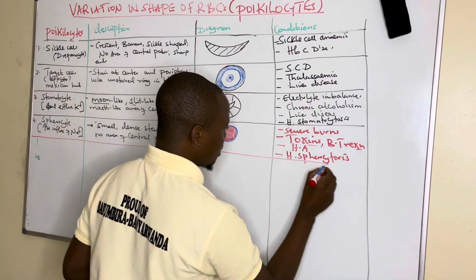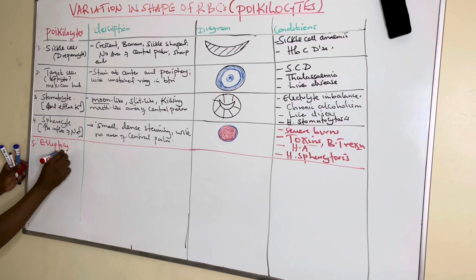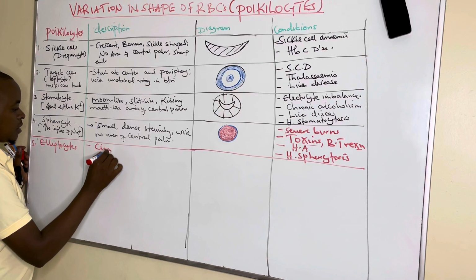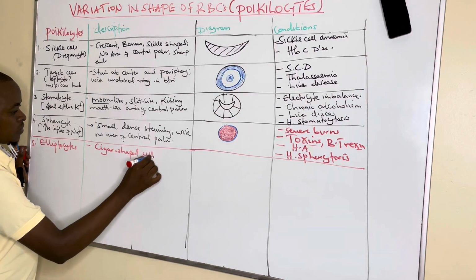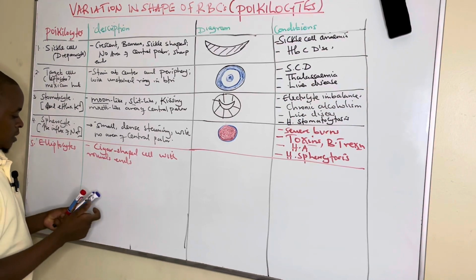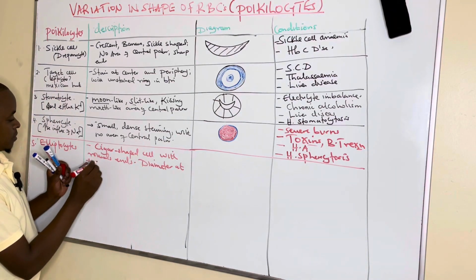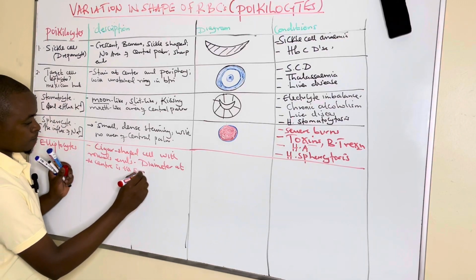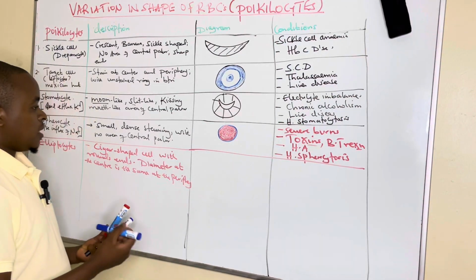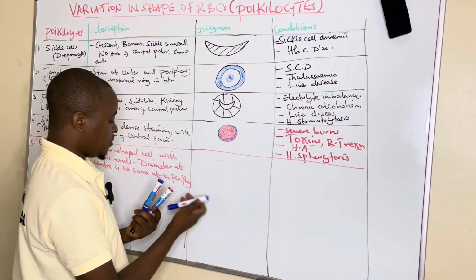Then number 5, among the poikilocytes still due to red cell membrane defect, is elliptocytosis, elliptocytes. These elliptocytes are elliptical in shape, or we can say they are cigar-shaped cells with round ends, and the diameter at the center is the same at the periphery. So the diameter at the center and the periphery is the same, and it is like a cigarette, or what we are calling cigar-shaped. So when we draw this cell, we find it